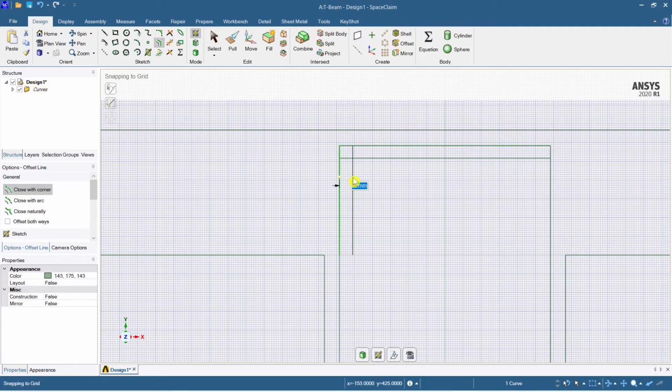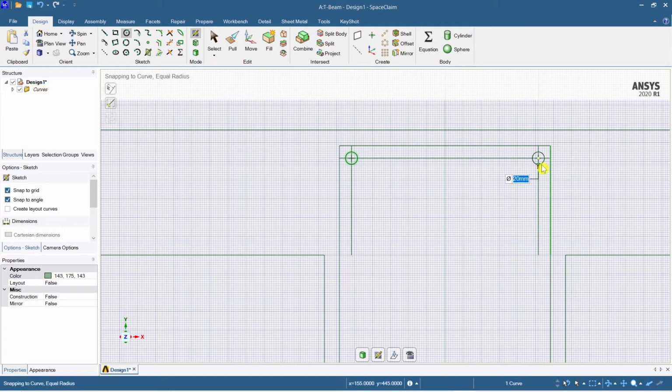Here also similarly 20, and here also the same thing, 20. Fine. Just select the circle. We'll take a 20 mm bar here. So we'll have 20. Fine.